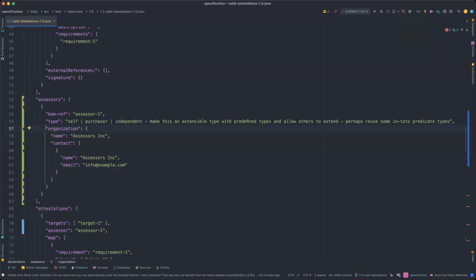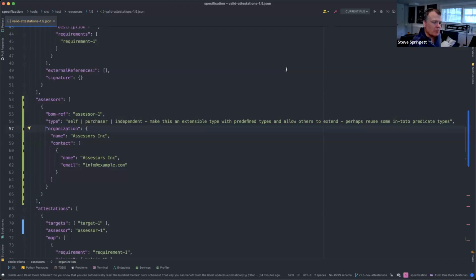I'm playing around with two kind of opposing ideas here. One is we've gotten pretty specific with what we call an assessor, and I don't think that's a bad thing necessarily, but we've gone really generic with what we call a target. I would think we would either want to get a little more generic with the assessor, or in the target we would at least want a wrapper clause of some kind to give you a little bit of metadata around there. So at the very least, I would say bomb ref and type maybe, or bomb ref and description, down in the target section to give it a little bit more focus of what we're talking about.